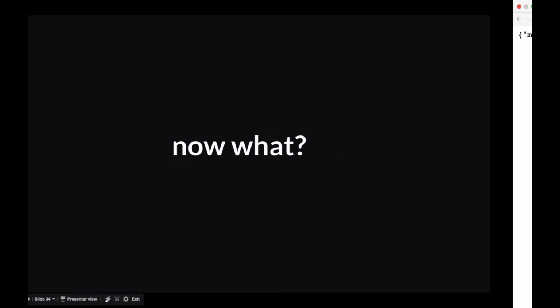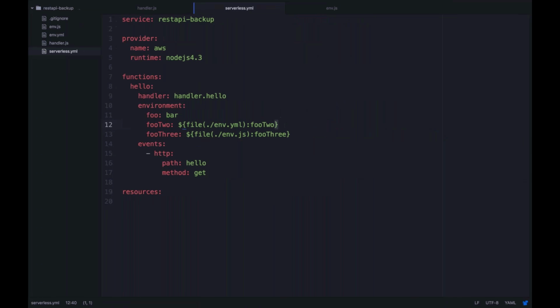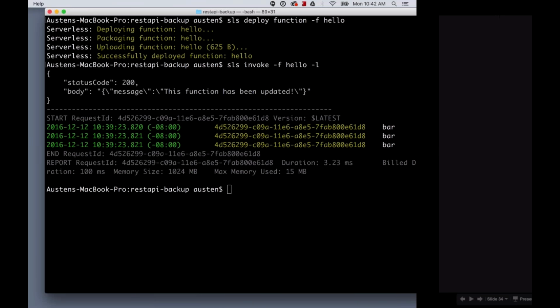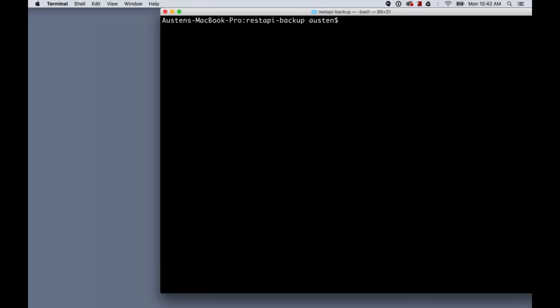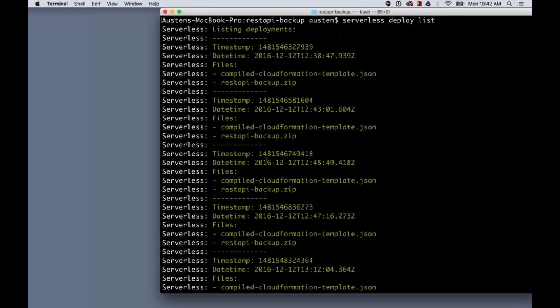Okay, now what? I mean, that was the serverless framework in a nutshell. You have your basic commands here for deploying and invoking your functions. There is a serverless rollback support, and we actually roll back at the CloudFormation stack level, so it's very easy to pick a previous deployment and roll back exactly to that.